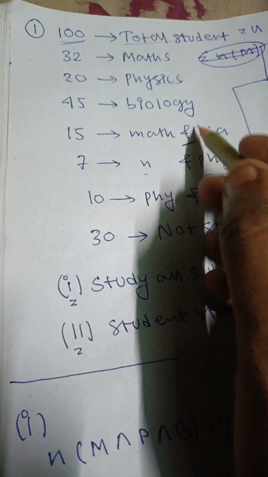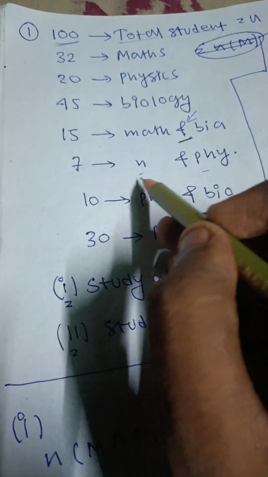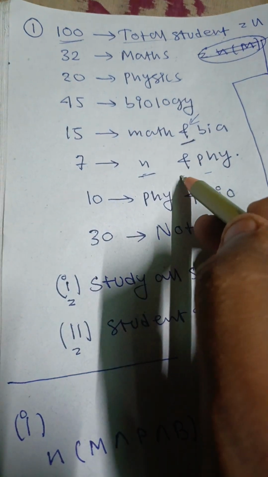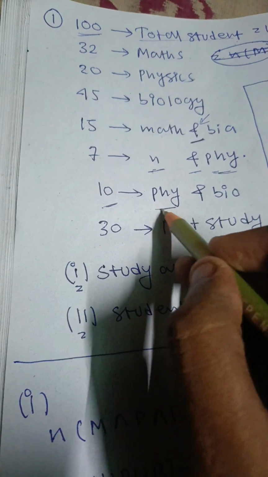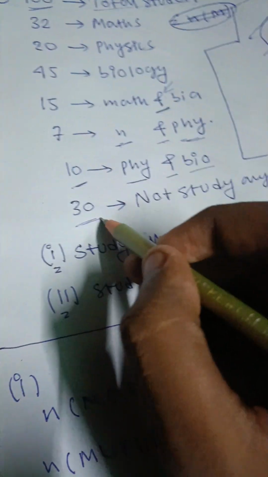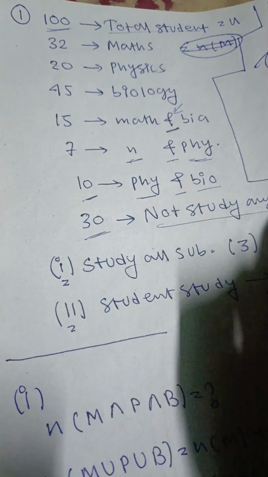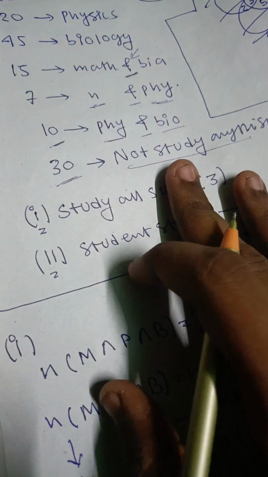The keyword here is "and". Bio is given. 7 students are there who take maths and physics. 10 students are there who take physics and bio. And 30 students are there who left studies, just like me, so they do not study. So the first question is,